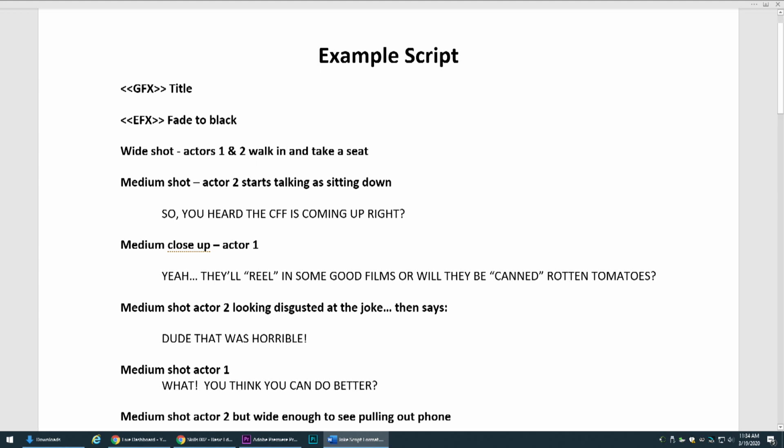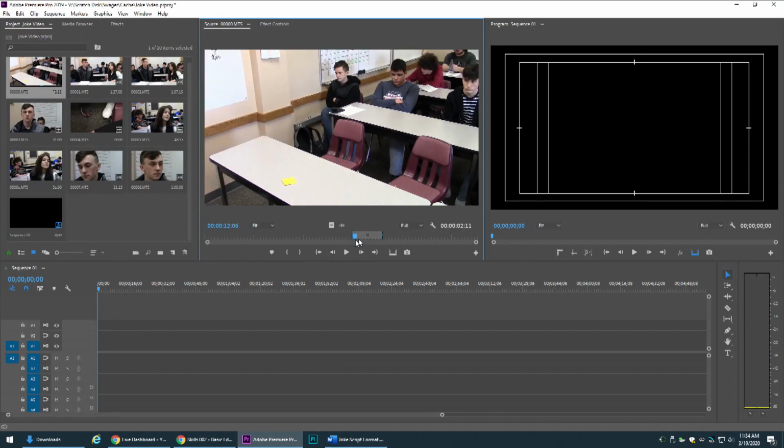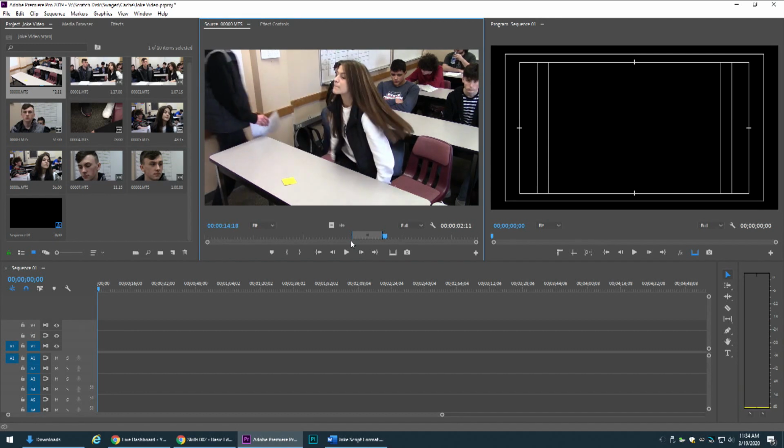So right here, I have the actors 1 and 2 are going to walk into the shot. They're going to sit down, and actor 2, our lady, is going to go ahead and give the first line. So that is going to be my reference point. So I want to make sure that I can get them sitting down. So I got that shot, and I'm going to go ahead and hold on the image and drag it down